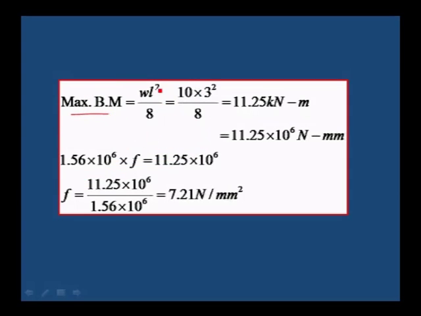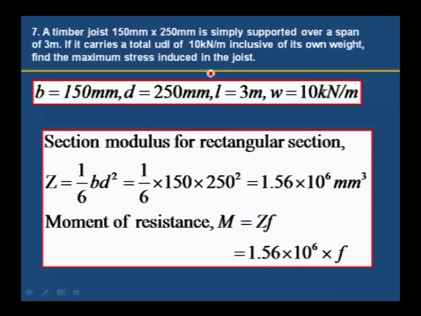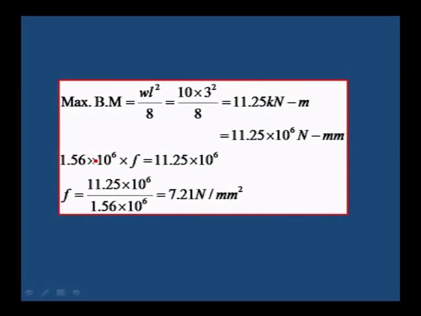Maximum bending moment is WL square by 8. What is the span given in the problem? Span is 3 meter and W is 10 kilonewton per meter. It is a uniformly distributed load. WL square by 8 is the maximum bending moment for a simply supported beam carrying a uniformly distributed load throughout its length. Therefore, 10 into 10 to the 3, square of span 3 meter, divided by 8. Therefore, 11.25 kilonewton meter is the